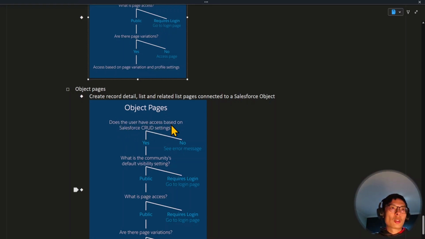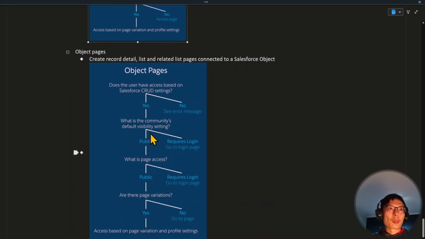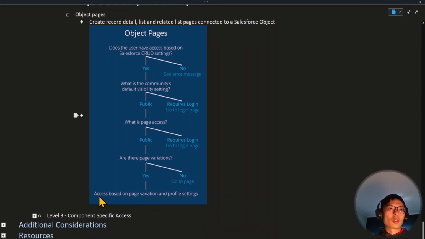If the user does not have the appropriate access, then they're going to see an error message. If they do have the appropriate access, then Salesforce will check the visibility settings, check the page access, check page variations, and you'll be able to access the page based on page variations and